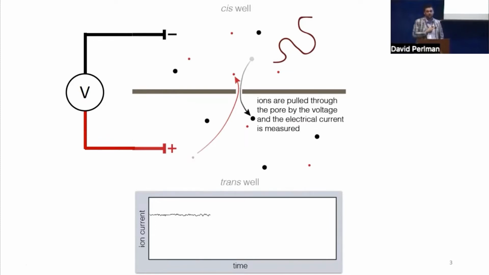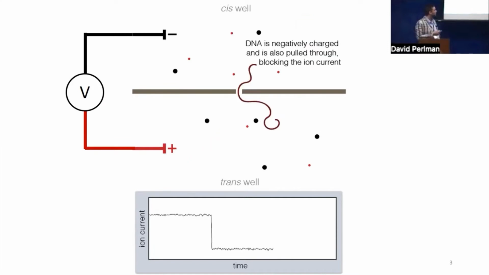And so you measure this electrical current. It's usually on a scale of picoamps or nanoamps. So you use a very low noise electronic amplifier, but it's really just like an electrophysiology experiment actually, similar electronics. And so then when something big like DNA goes and blocks this tiny hole, which is about a nanometer across, it blocks the electric current, and the depth of that blockade,